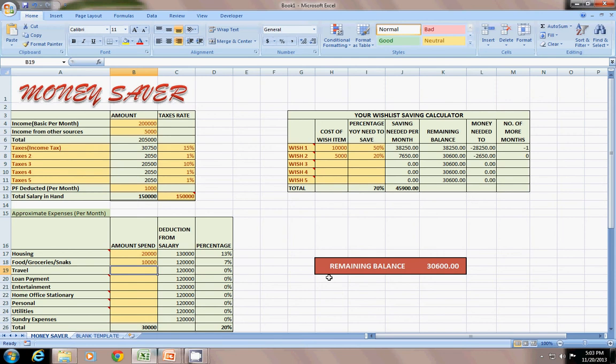Then for loan payment, if there is any loan, you can specify it here, for instance 2,000 rupees. Entertainment will always be there, 5,000. Home stationery, none. Personal care and donations, let's keep 1,000 rupees there.